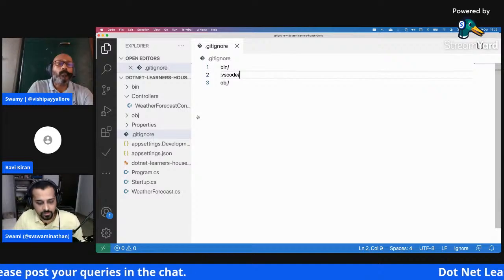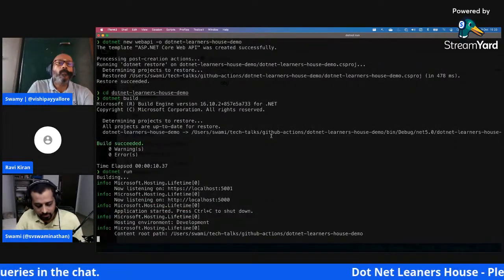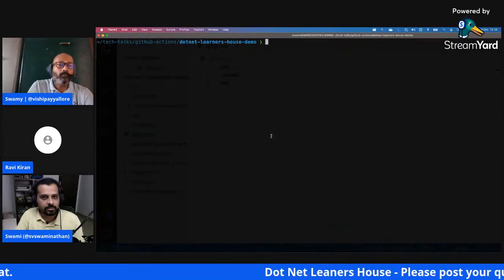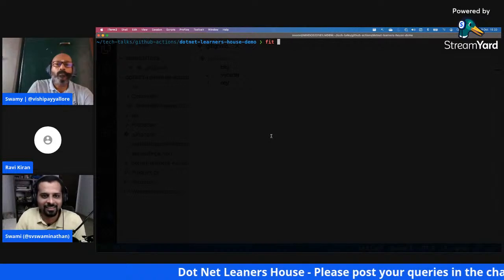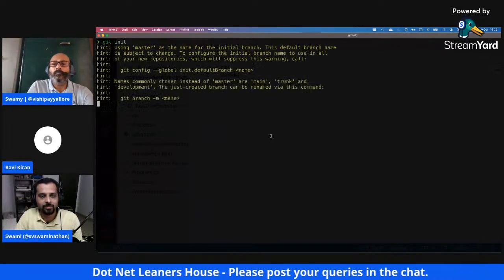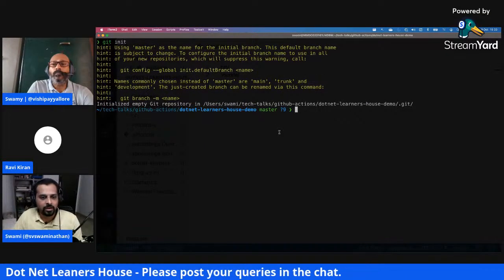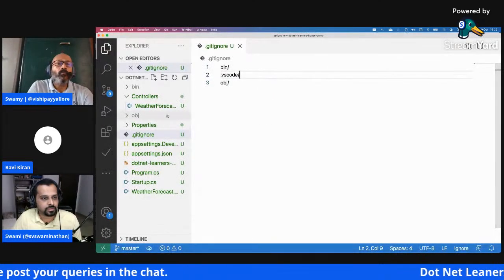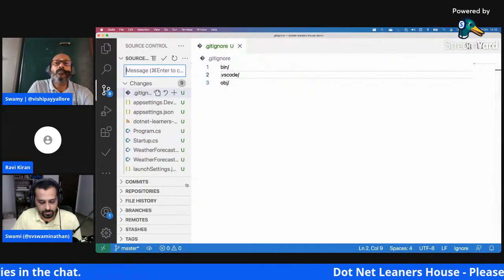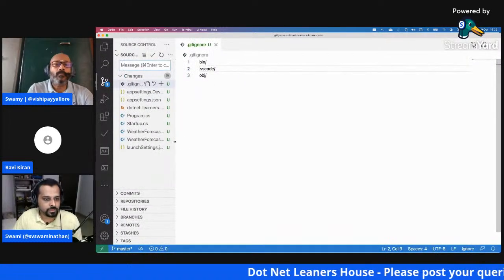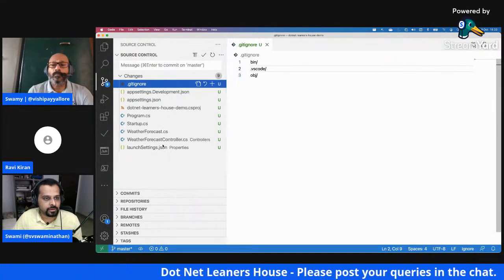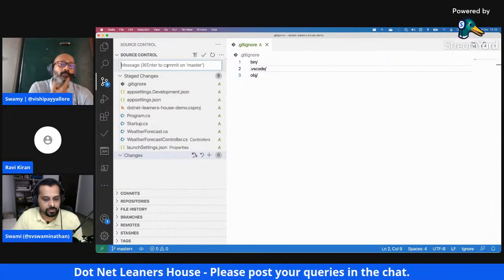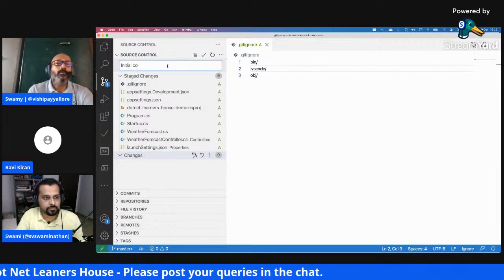And I also need to do one git init here. Let me say git init, and I got a new git repository created. If I go back here, as you can see, it just identified these code changes alone. These are the new files which we have added. I will just go ahead and commit all of them.